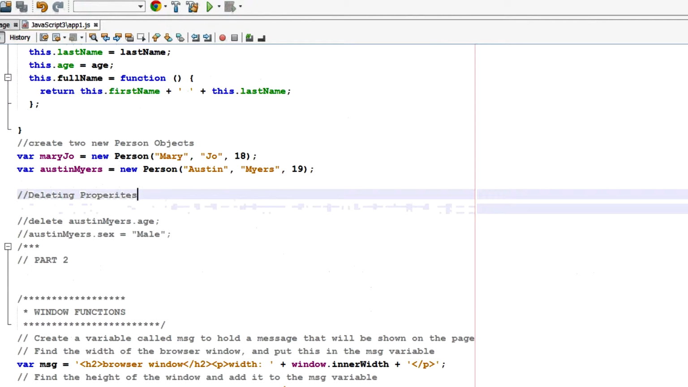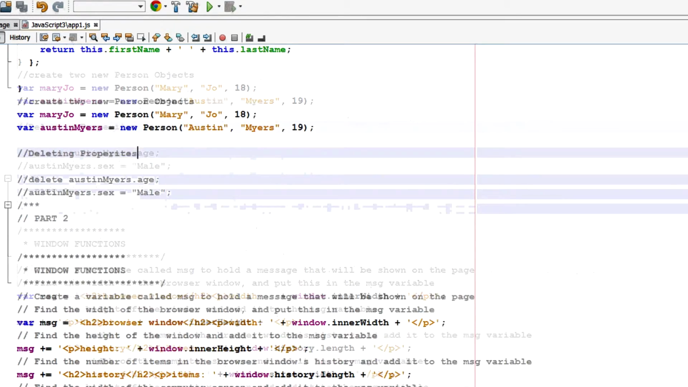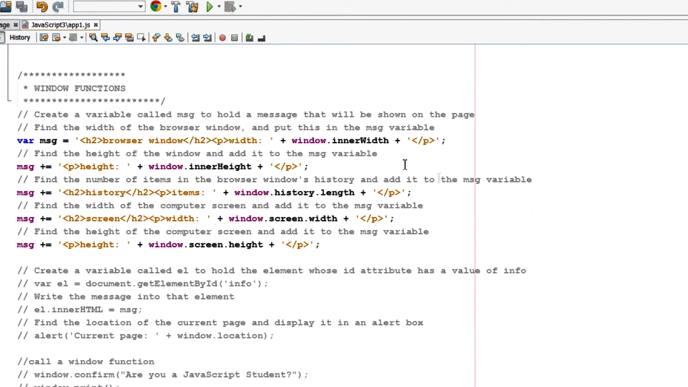Continue into part 2. So there are some built-in functions and objects in the browser. We're going to quickly work with the window object. We're going to create a message and absorb window.innerWidth, window.innerHeight,